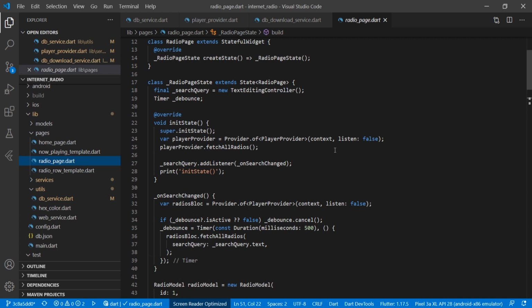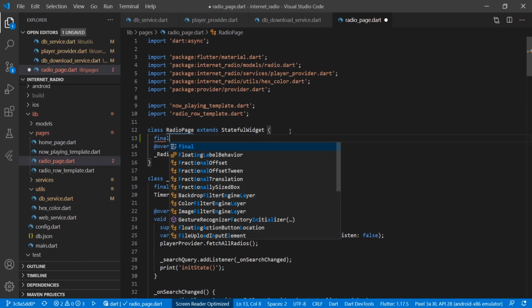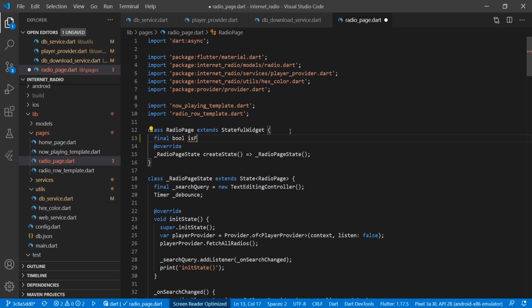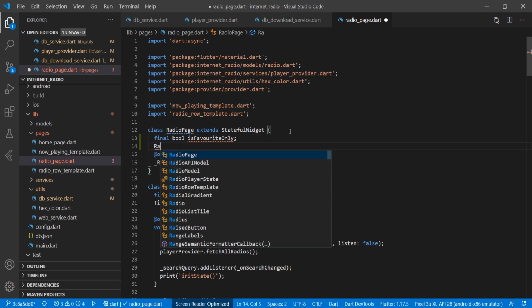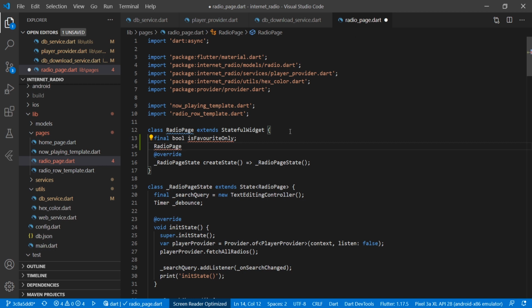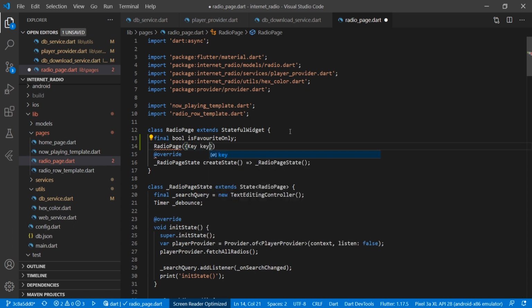So now we will update our radio page, and we will make it compatible with the favorite screen also. For doing that we have to add one parameter here, that is final bool isFavoriteOnly. Then we will call the constructor here, RadioPage, key, then we have this dot isFavoriteOnly, and we have super, then we pass key.